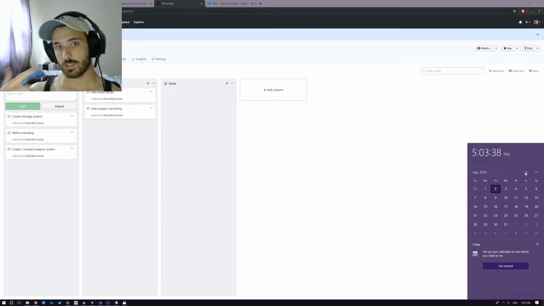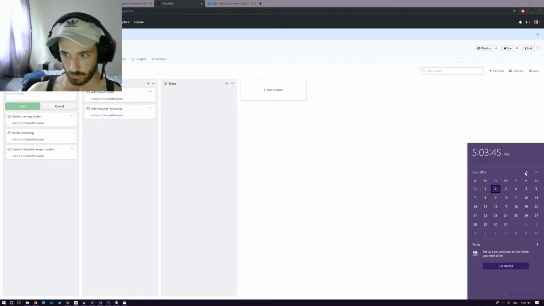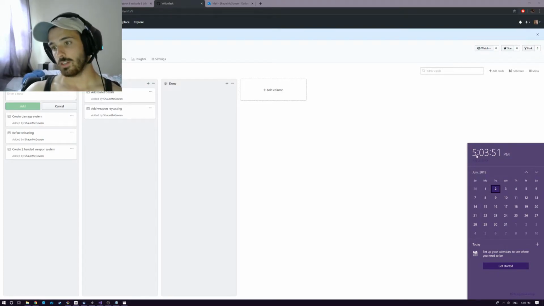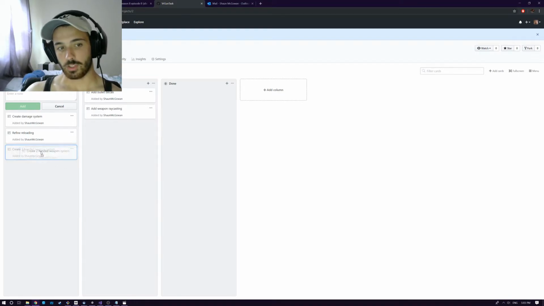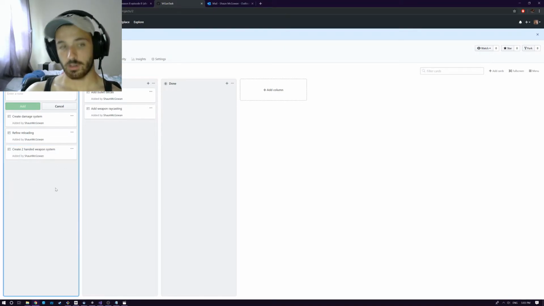I'll be finding bugs, thinking about things. The character controller definitely has to be ironed out, but I can't remember what's wrong with it, so this will help me figure out what's wrong with it. I think it gets stuck sometimes, but I can't remember exactly. I have to go to the gym around 7:30, so I have about 2 hours to try to finish these tasks. The two-handed weapon system I'll do after.